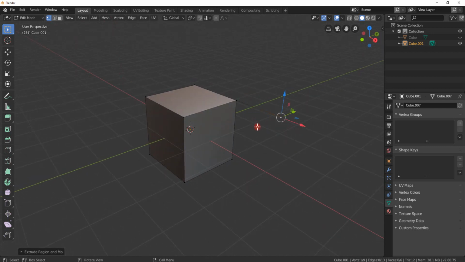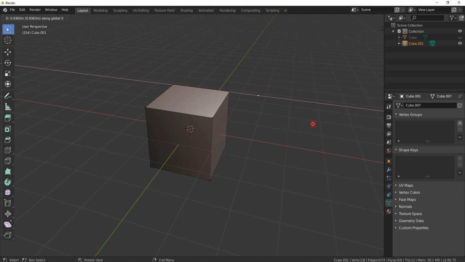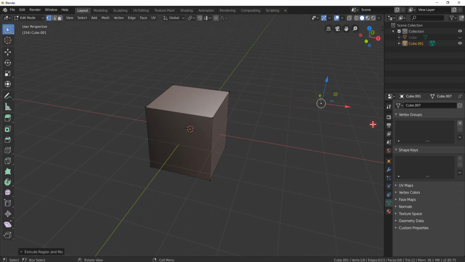Okay, if you want to restrict it to an axis, you can simply press E, and if you want it in the X axis, you press X. That constrains it to the X, so you move it wherever. Okay,